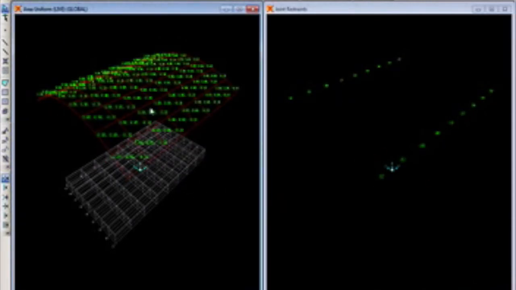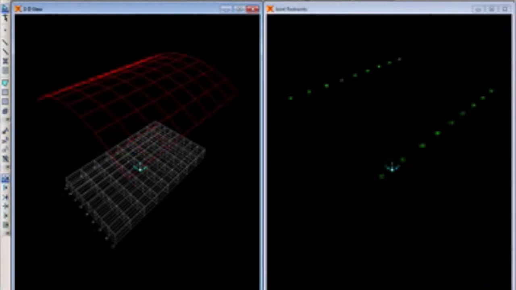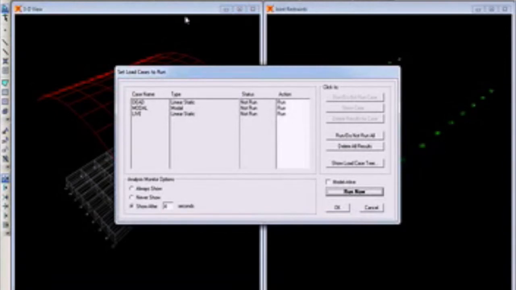And now you can see the displacements or deformed shapes. Now what I'll do is uncheck the deformed shapes. Let me run the analysis. You can just press function key F5, so that will run the load case for you. You can uncheck the modal case, do not run the modal case.